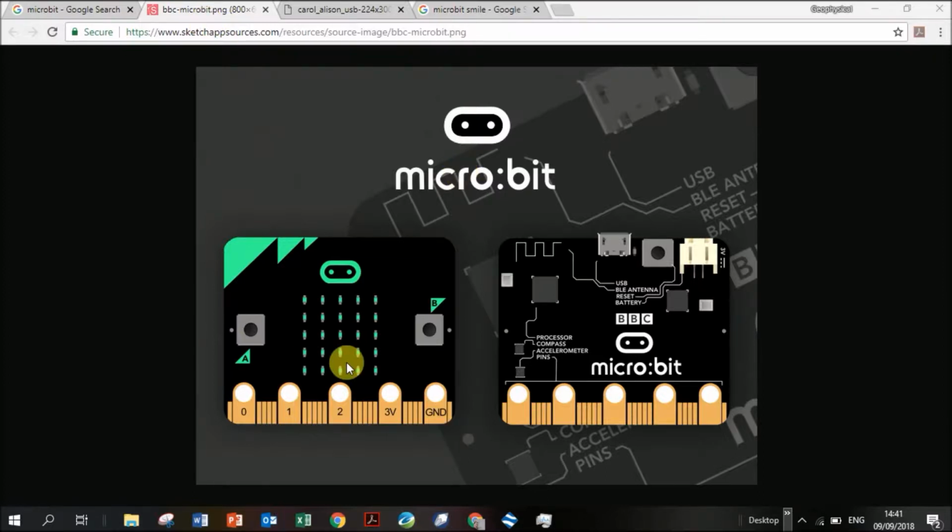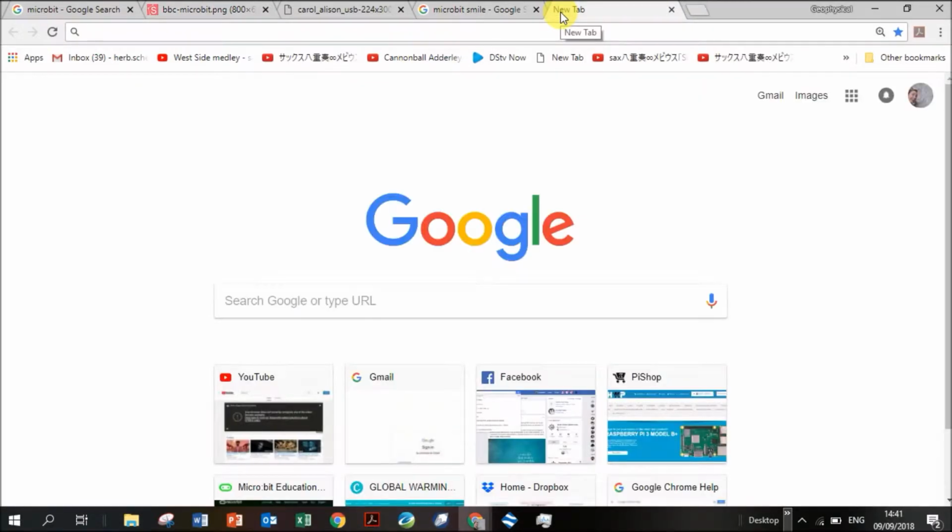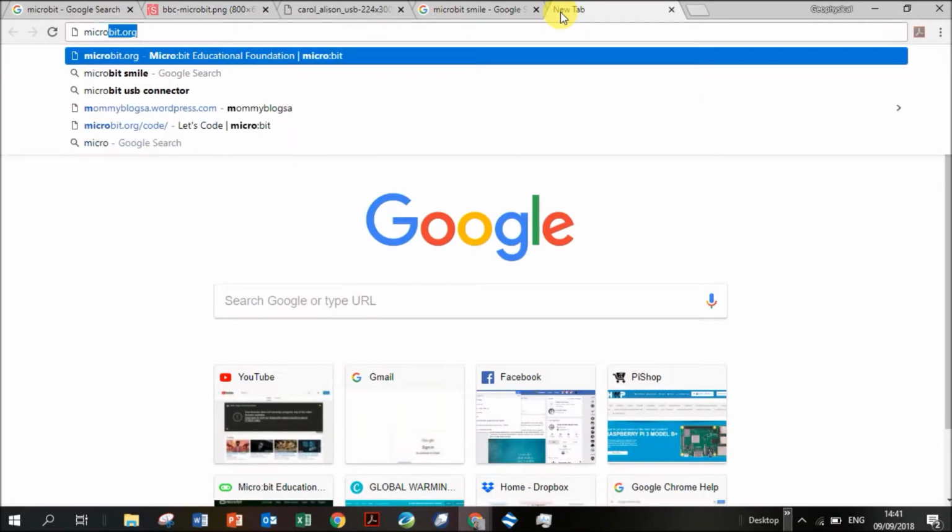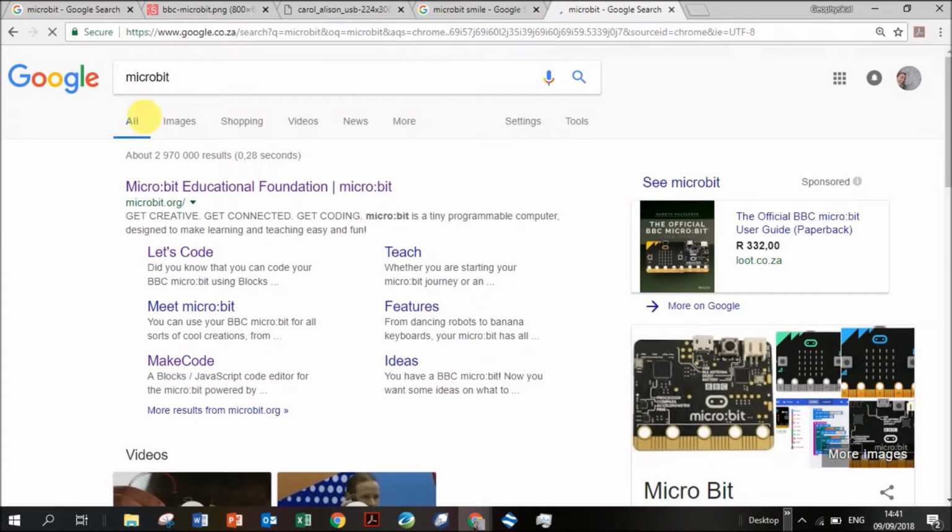First thing to do is to create the first program to load on your Microbit that then displays something special on your Microbit. And so how do you do that program? Well, it's all online. So open up a new tab in your preferred internet browser and type in Microbit. You can go straight away to microbit.org, or if you just typed in Microbit and did a search, the first